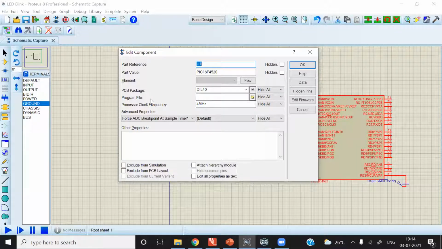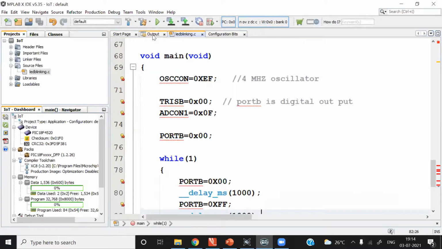After that, we have to select the program file. When it comes to the program file, we have to select the hex file, not the C file. After successfully building your C program, it will generate one hex file and you have to select that. You can find the path of that hex file here in the output section.